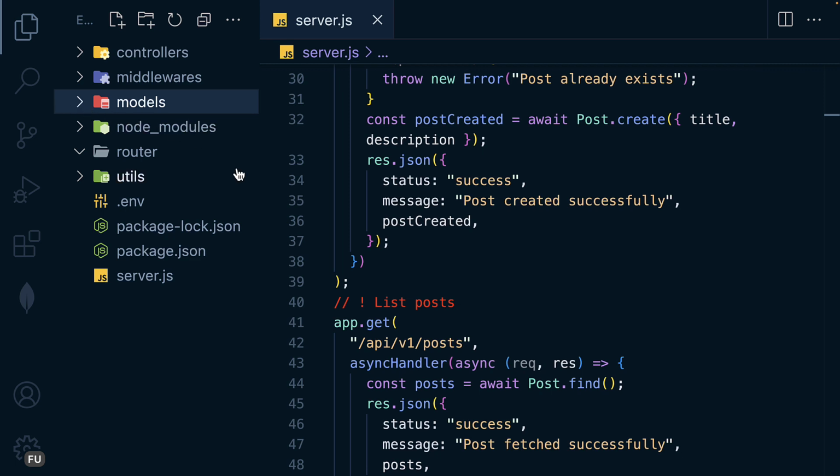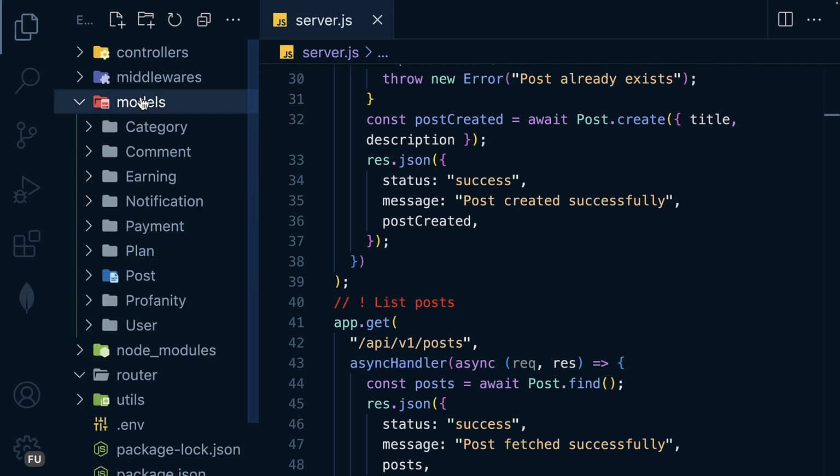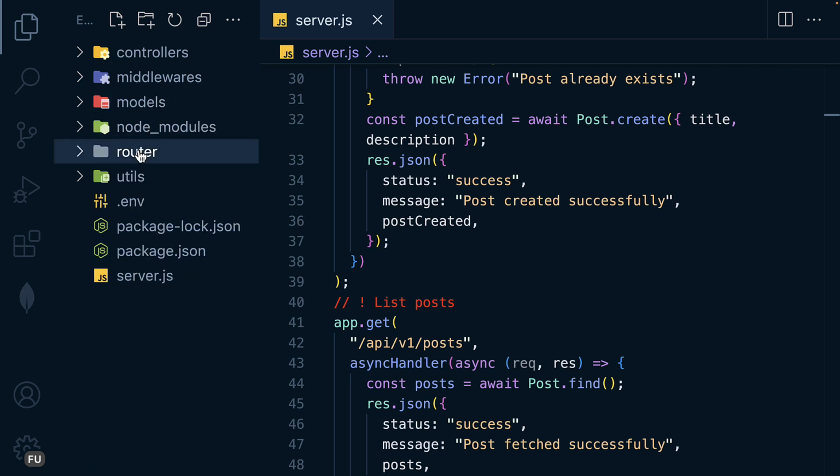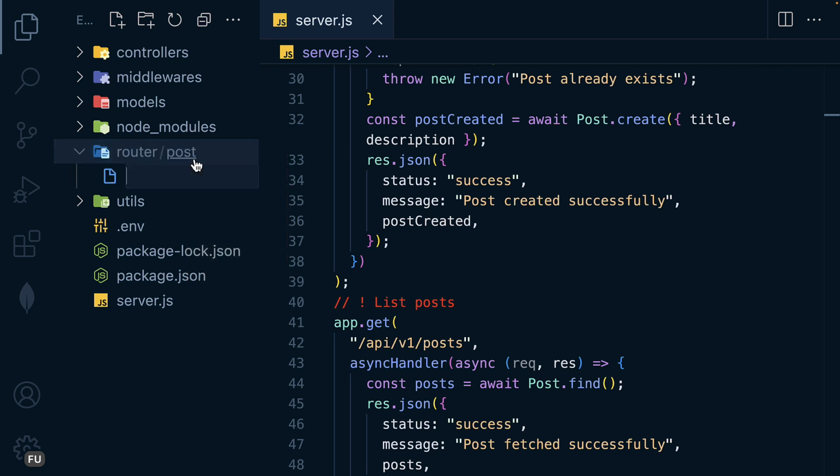Like I said, we are going to use Express Router, and from there we will implement the complete MVC design. What is left is the router and then the controllers. Inside here, we are going to create a folder for each model. Let's begin with the post model. So here, a folder called post router, or just post. And then inside, I'm going to create a file called